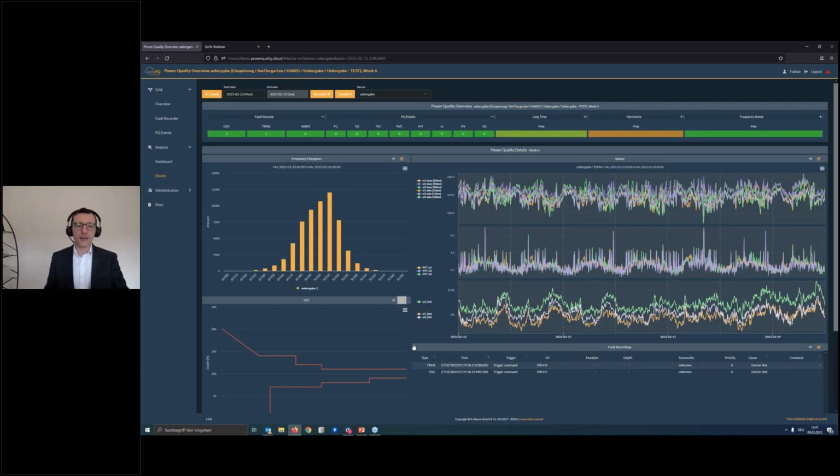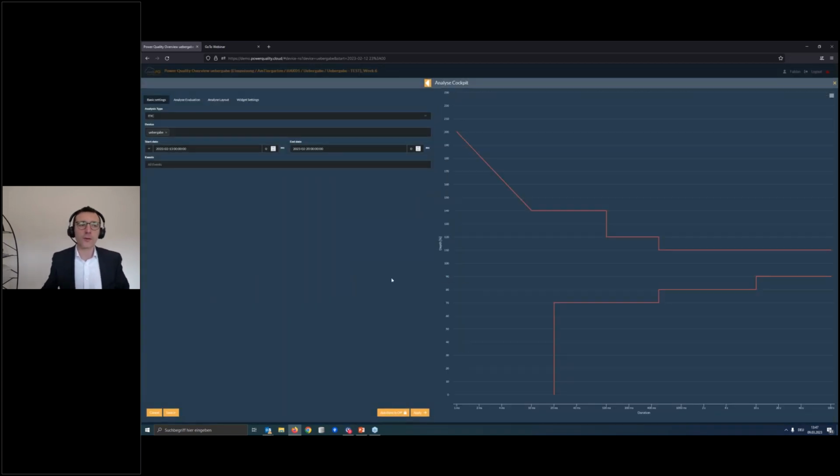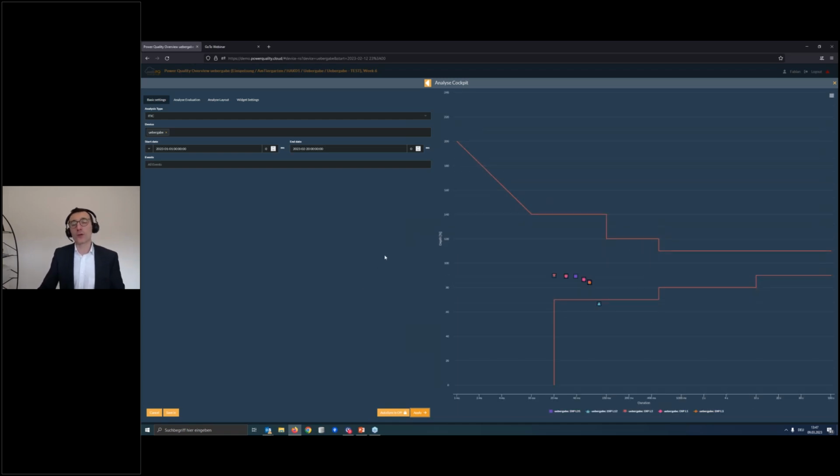I jump into the analyze cockpit from that overview, and I just select a longer evaluation period, maybe from 1st of January of 2023. And what I expect here is definitely we have a reliable grid here in Germany, but also from time to time so-called small dips, and this can be displayed here in the ITIC curve very easily, as can be seen here,